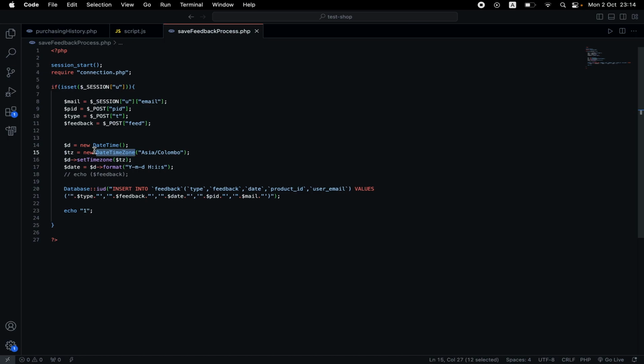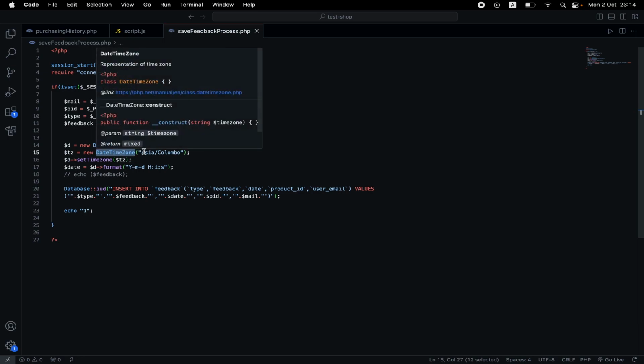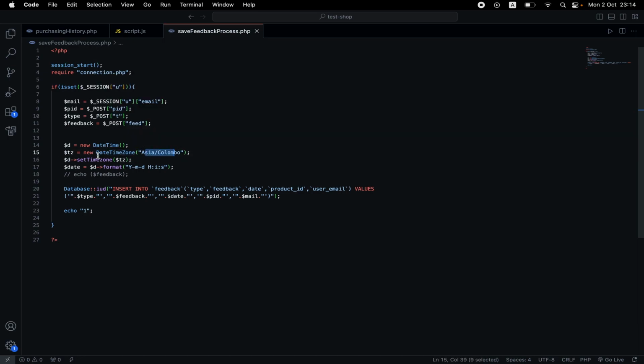To do that, I created a new DateTimeZone. Inside here I'm going to give Asia/Colombo. And then $d, call the setTimezone method and give the time zone variable in this method. And then I want to format this date. So $d->format. Inside this format I want this format as year, month, date, hours,